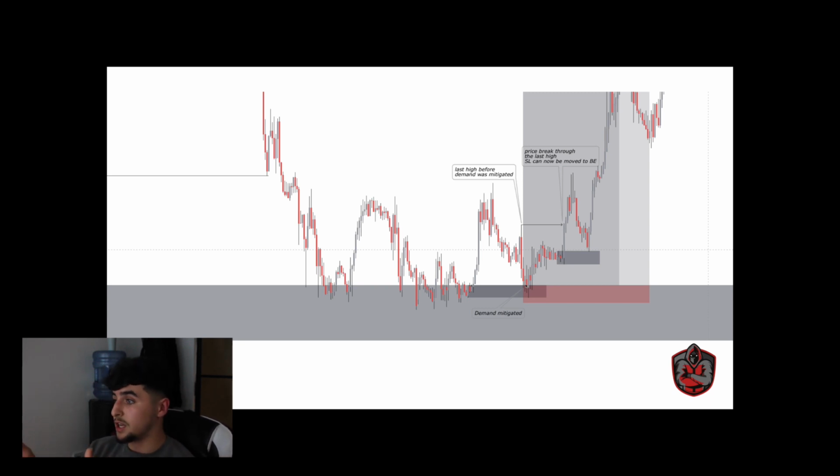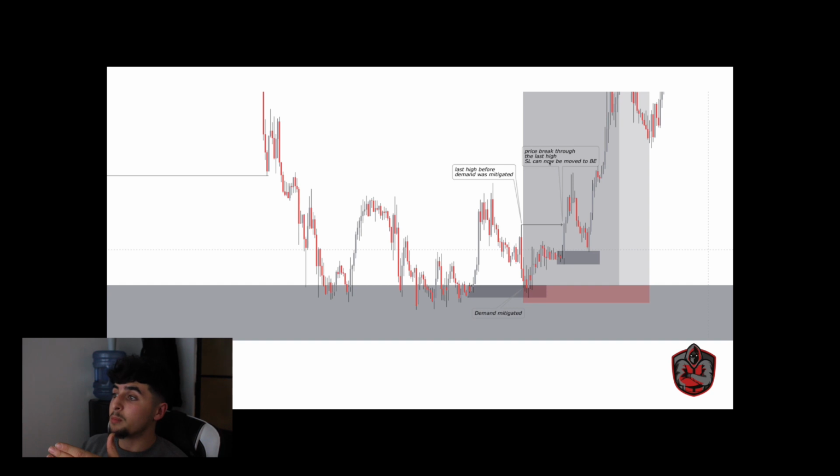This is just an educational example. So price taps into this supply, moves into your intended direction. What's the first thing we do? We identify the last high before this area of demand was mitigated, right? So this was the last high. Demand was mitigated, we go into buys, price moves in our intended direction, and then boom, what happens at this